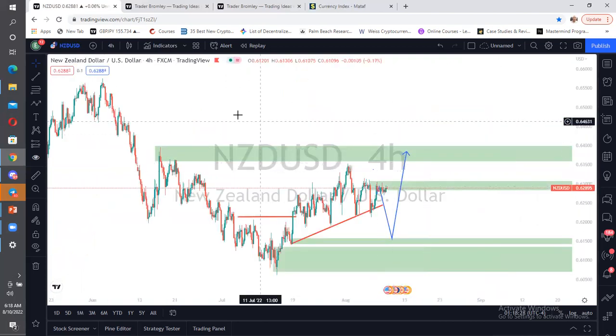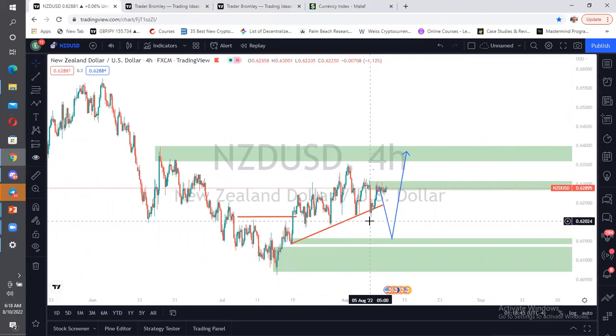Then the next one is NZD USD. It has broken market structure to the upside. It has broken structure here to this upside. And here we'll have trendline liquidity, and this trendline liquidity was taken out based on what happened last time. All right, we see it has been taken out. And then the market has gone up to this level, but it has not been mitigated by the major block.